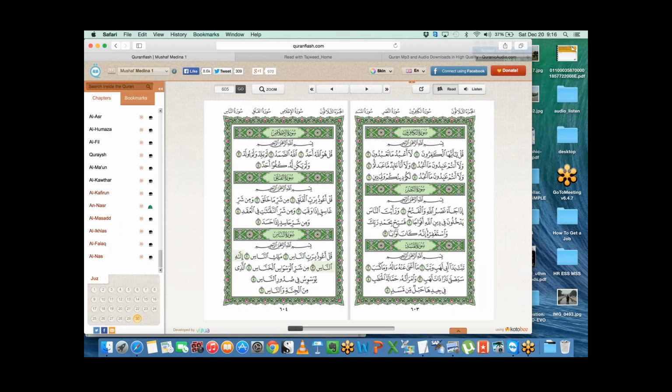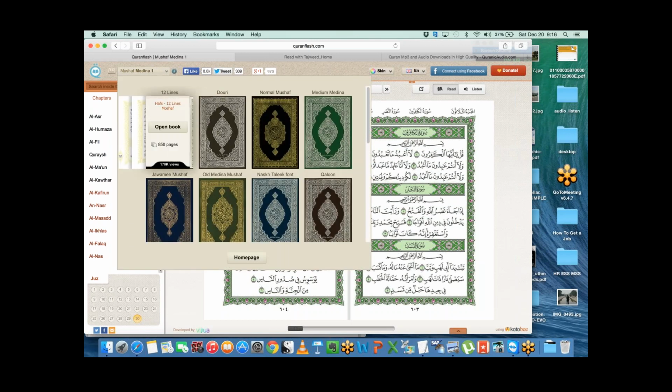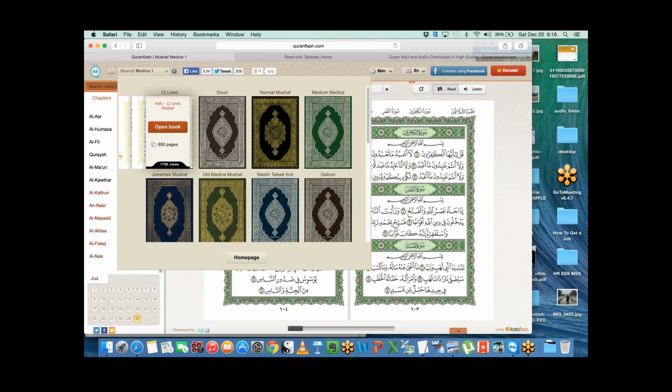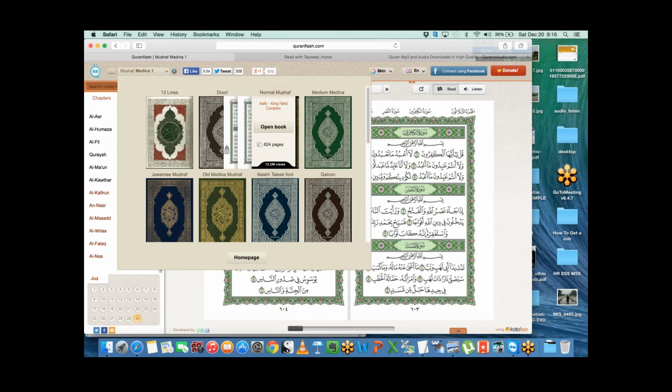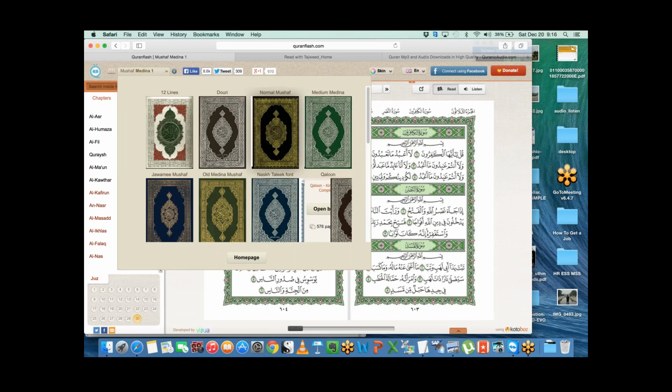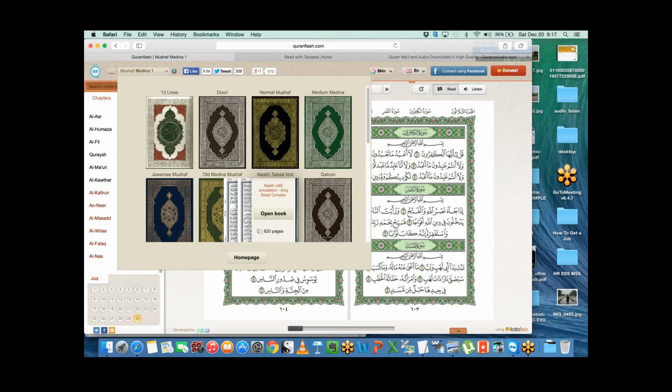So it will indicate if there is a, I don't know if there is a Mushaf Tajweed here. Show me 12 lines. No, there is. It's just Mushaf Medina and normal Mushaf.